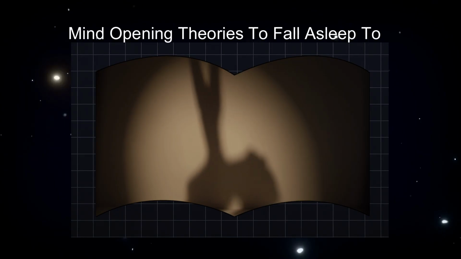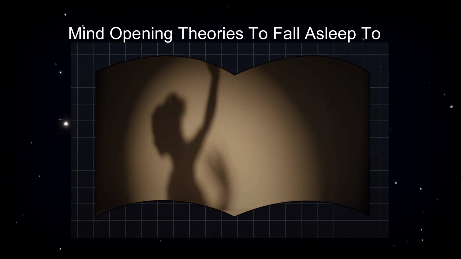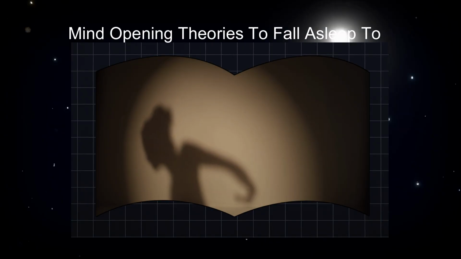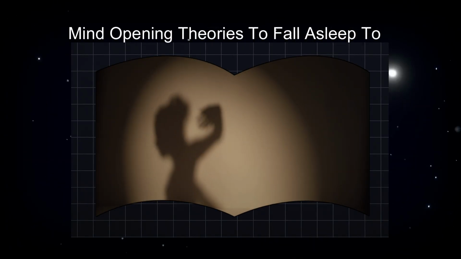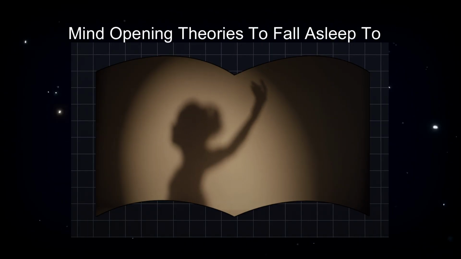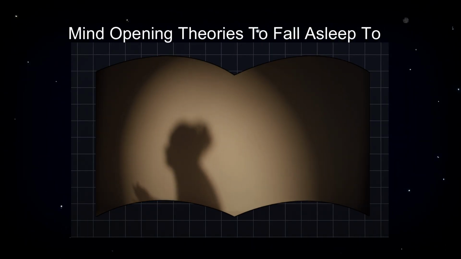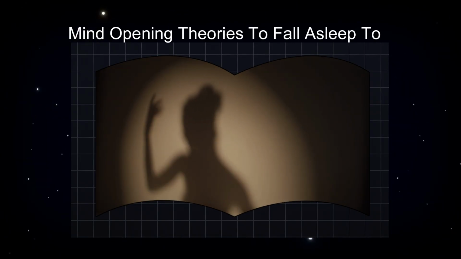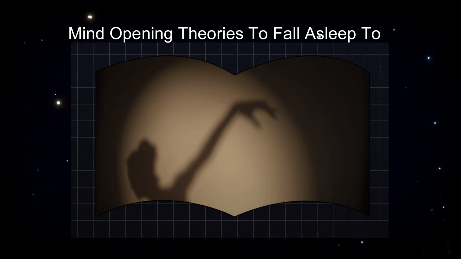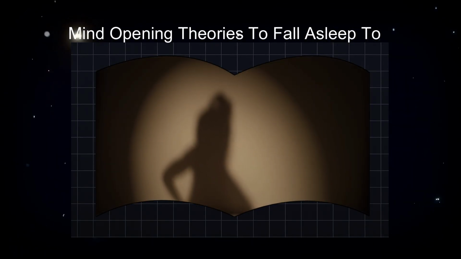Anthropic Principle. The Anthropic Principle is one of those quiet, philosophical ideas that reshapes how we think about the universe and our place within it. On the surface, it asks a simple question. Why does the universe appear to be so perfectly tuned for life and, in particular, for human life? But dig deeper, and you find yourself facing profound questions about existence, cosmology, and the role of consciousness itself.